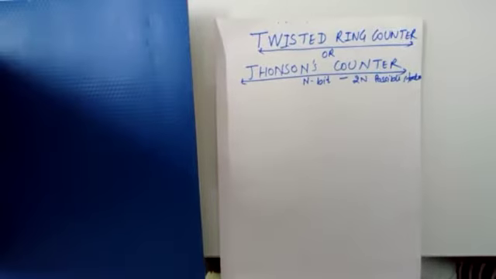All, so this is the last counter that we will study for unit 4, and that is the twisted ring counter, or the Johnson counter. This is most likely similar to the ring counters with only one difference. Now, as we have seen in the ring counter, there are n bits, it will count only n pulses. But in the twisted ring counter, if there are n bits, it will have 2n possible states, or it will count 2n clock pulses.